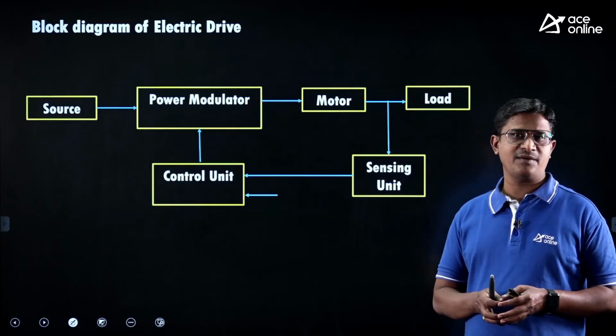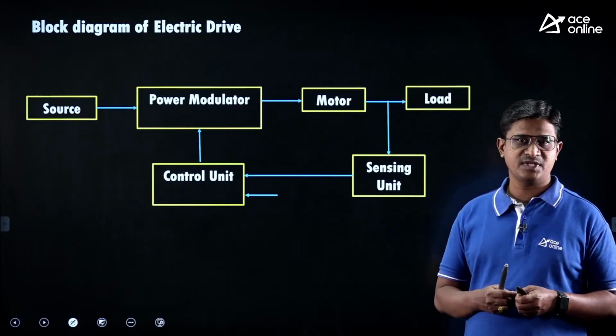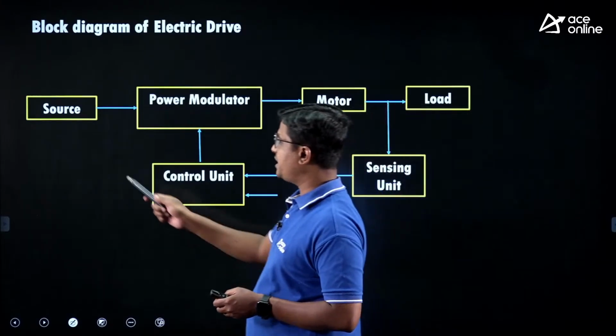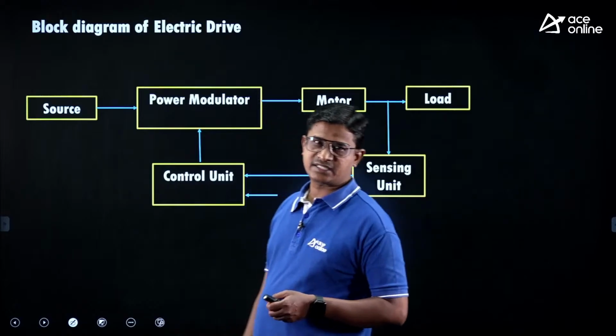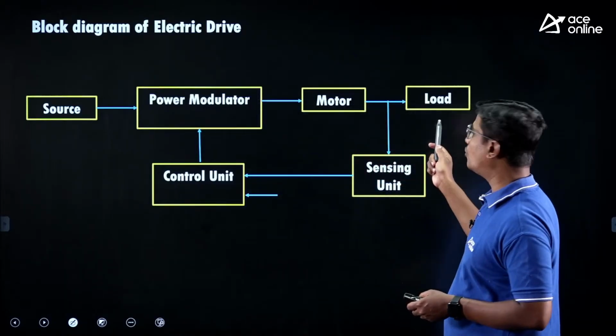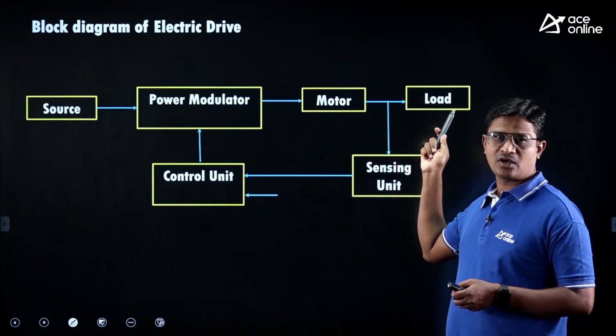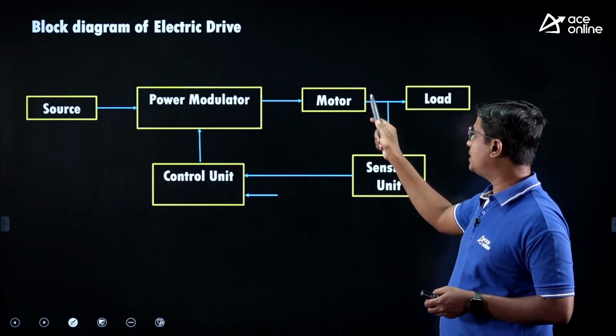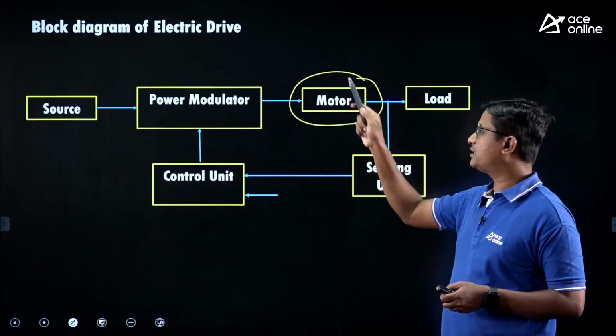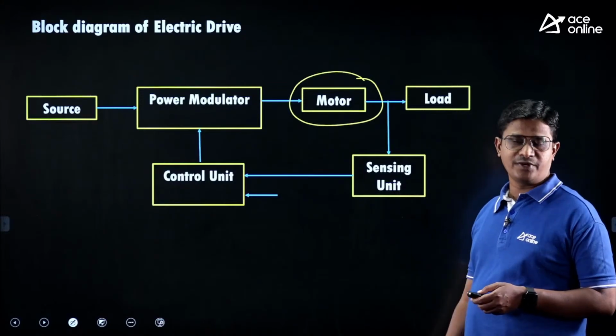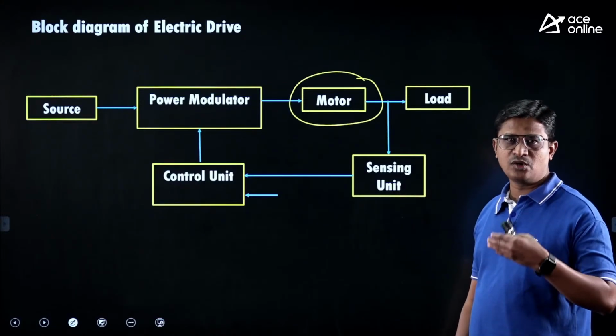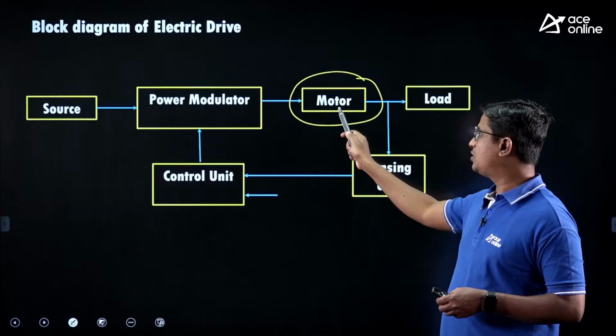In India, easily available supply, we know it is AC, right. So source, it can be AC or DC. Next, here we are having the load. So based on the requirement of the load, you need to select the particular motor, right. The motor which fulfills the requirement of the load, that particular motor we need to put here,